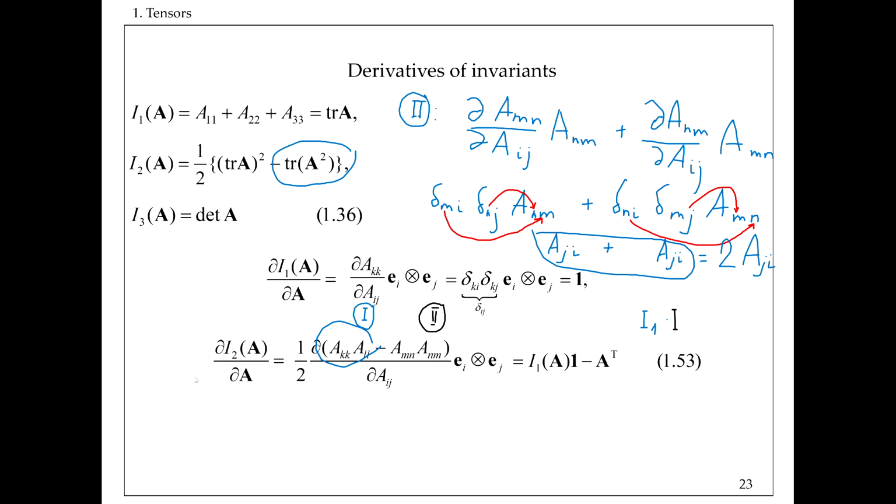And so now you have the result: if you want to take the second invariant of a second order tensor, the derivative of the second invariant with respect to the tensor, the result will be this identity tensor multiplied by some scalar, actually the first invariant. That's very interesting, right? So in the derivative of the second invariant, the first invariant will appear, but of course there's some logic behind this, and minus A transpose. The good thing about it, once you derived it once, you basically can use this formula. You don't need to derive it anymore, and there are quite many times that you actually will need these derivatives,